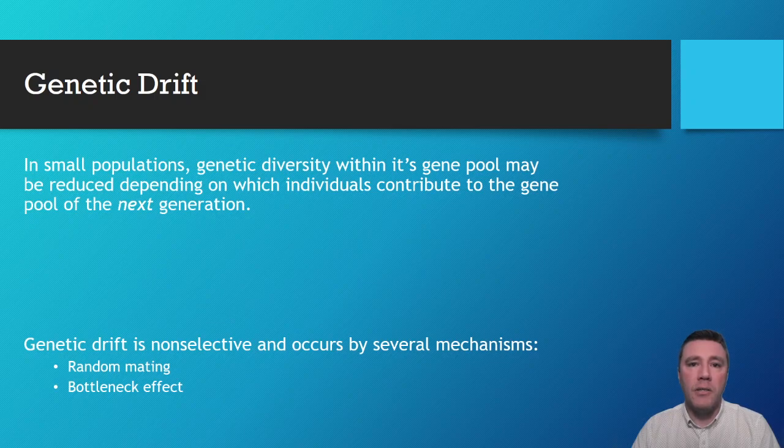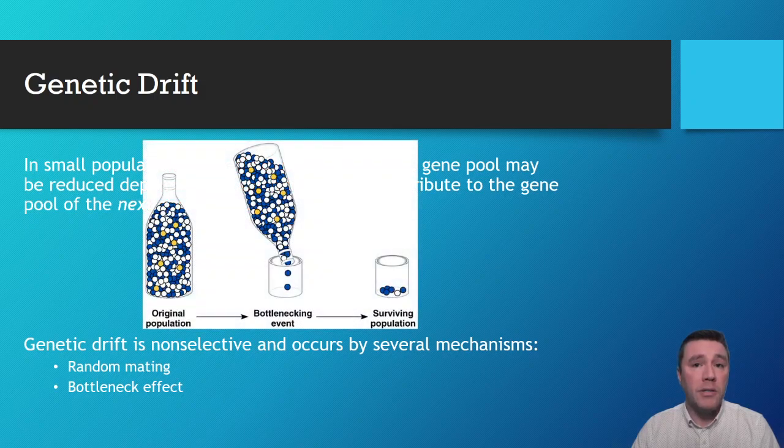The second cause of genetic drift is called the bottleneck effect. A sudden change in an environment, such as a fire, volcanic eruption, or flood, that drastically reduces the size of a population. This severe drop is referred to as the bottleneck effect because the population passes through a bottleneck that reduces its size. By chance alone, certain alleles may be overrepresented among the survivors and others underrepresented, and some may